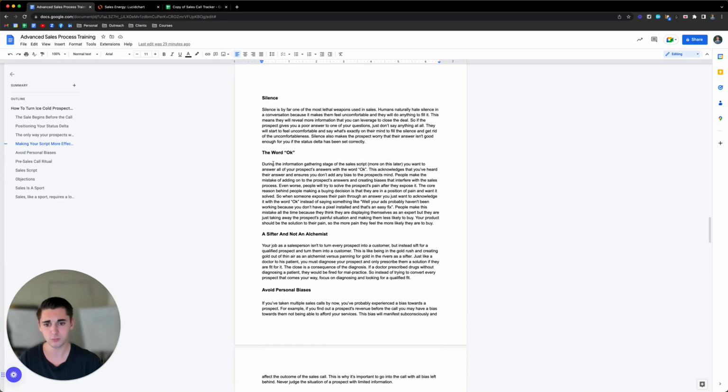So during the information gathering stage of the sales script, more on this later, you want to answer all of your prospects' answers with the word okay. This acknowledges that you've heard their answers and ensures you don't add any bias to the prospect's mind. People make the mistake of adding on to the prospect's answers and creating biases that interfere with the sales